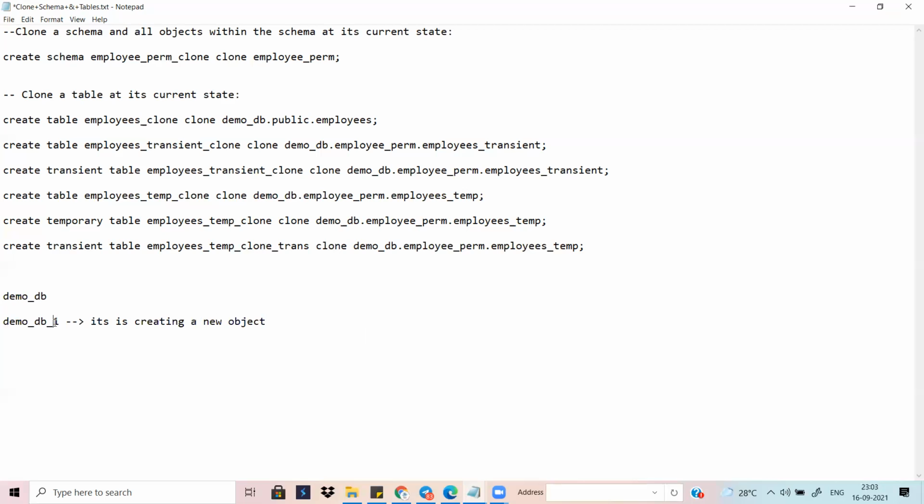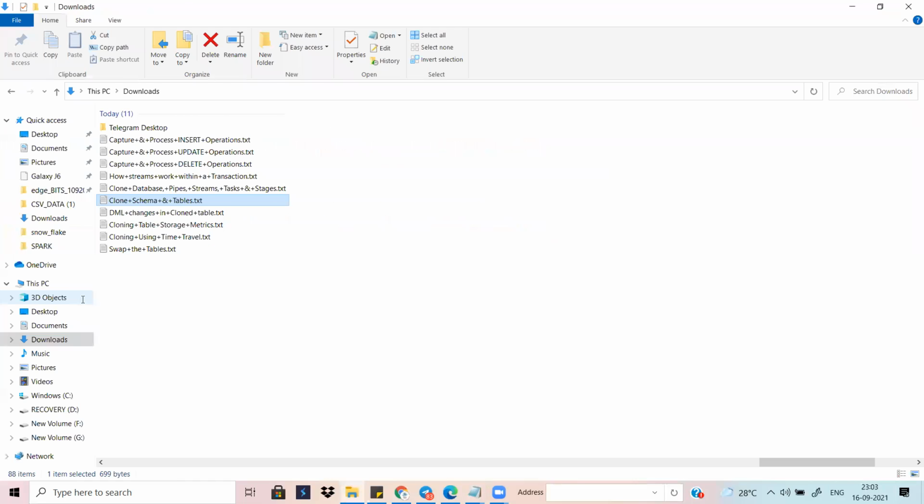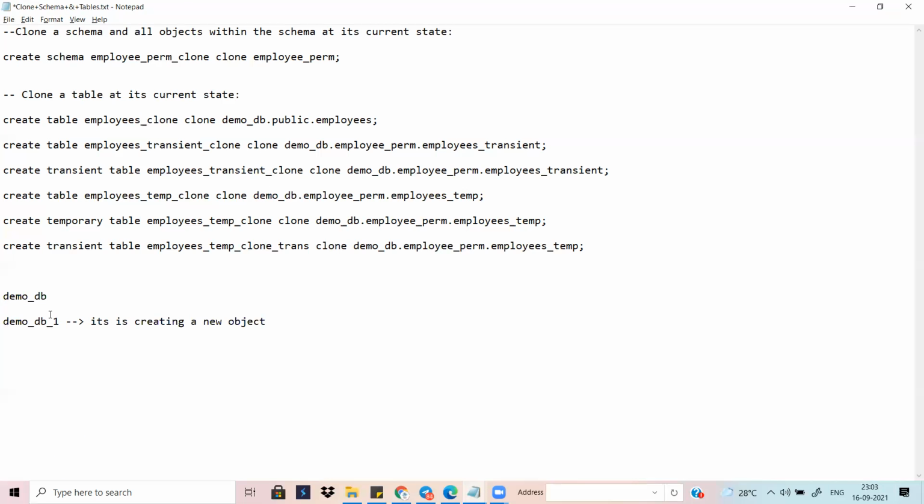The demo DB will be pointing to the same memory location. Got my point? Yes, sir. So both databases will be sharing the metadata details.